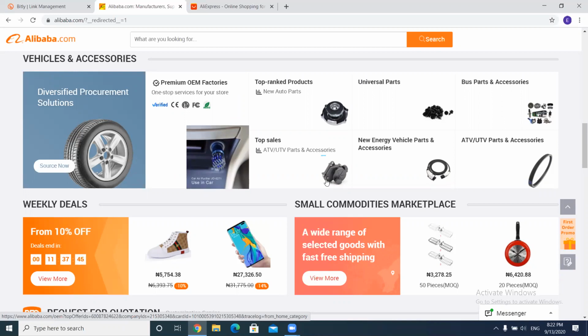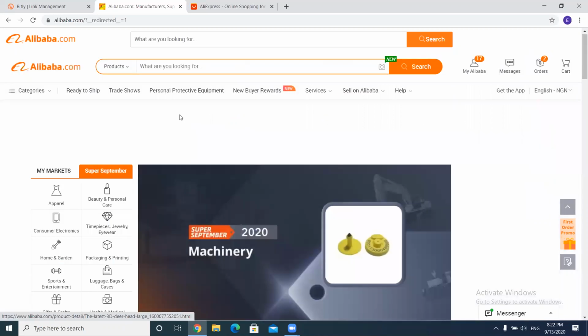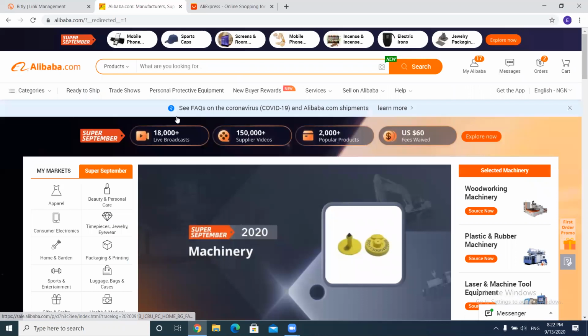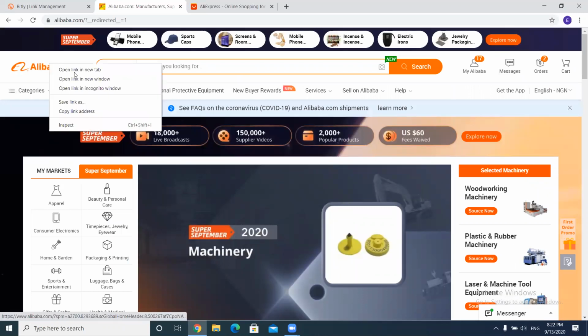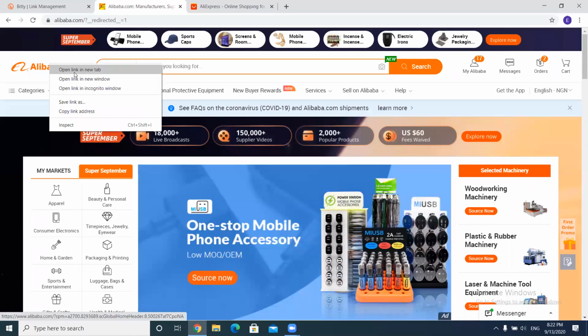Yes. Yeah. All right. So basically, when you get on Alibaba, you need to register an account. So to register an account, just go to Alibaba. I already have an account here. So if you go to alibaba.com, just click on